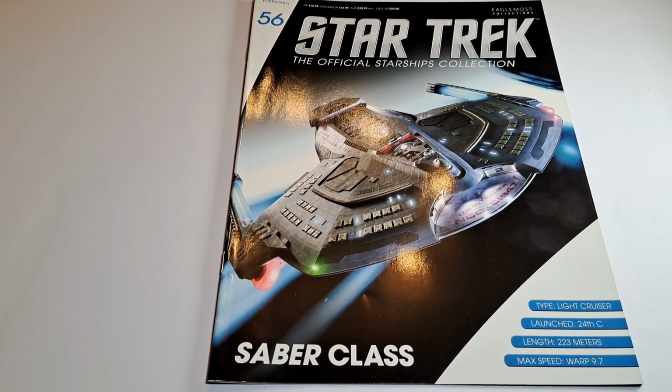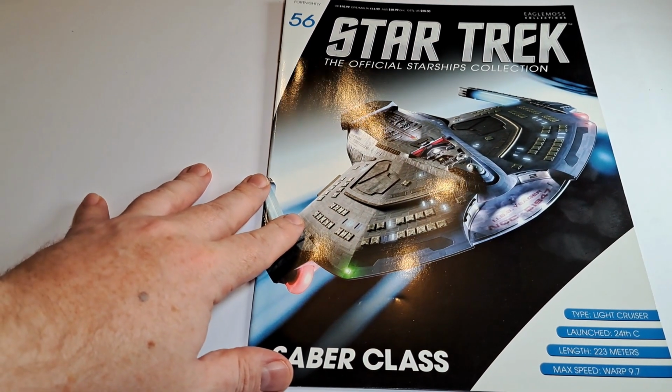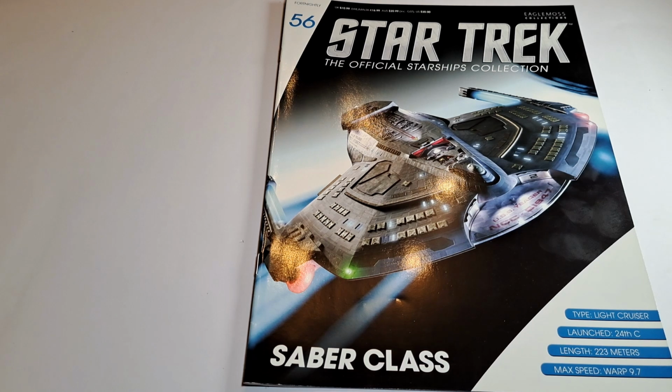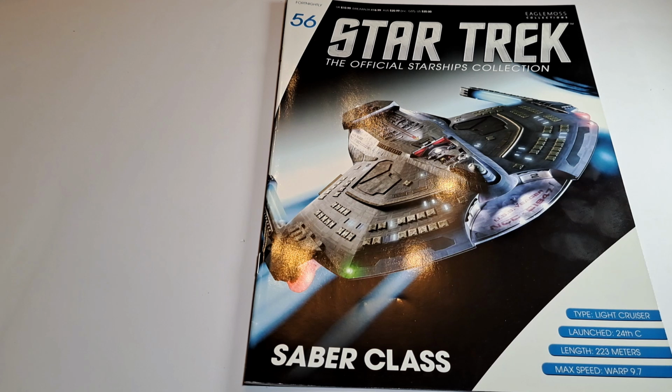But this is quite an interesting one because I was reading through this magazine again just to familiarise myself with the class, and it's fast. It's warp 9.7 capable, so it can get where it needs to go pretty rapidly. But it has no secondary hull. It's got warp nacelles that are sort of enclosed in armour, effectively, and everything is very compact. It doesn't have a massive crew complement. Classed as a light cruiser, according to Eaglemoss,